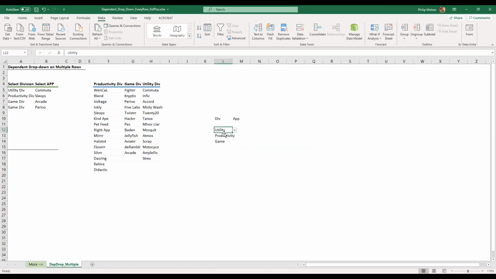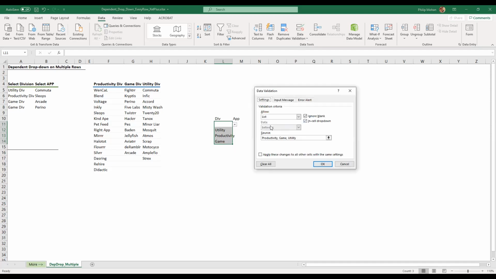Now the other thing about this is, let's just take all of that. Go back to data validation. It gives you that same thing. Now, let's just leave that there for the time being. There are also input message and error alert. Input message, we can say input department, okay? Input division, sorry. And then be a little bit more nice about it: please input division.